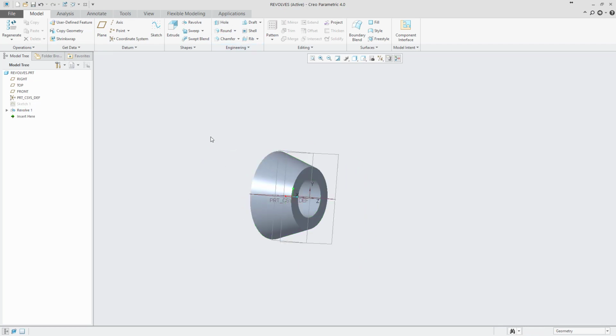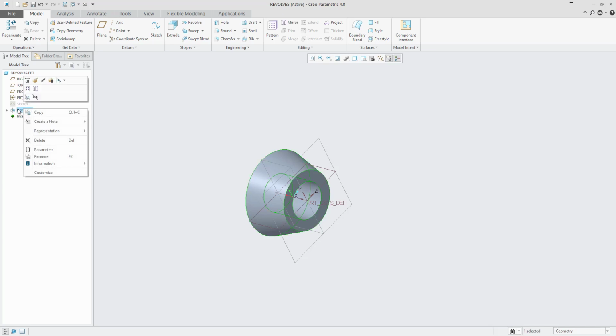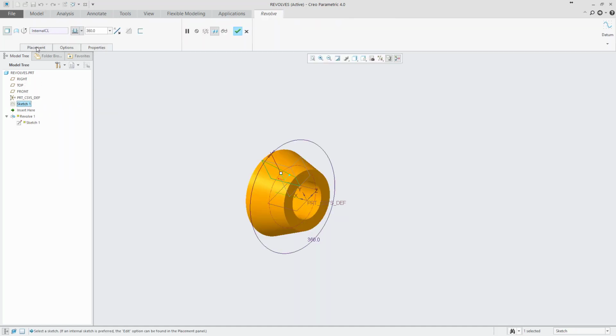So if we want to go in and change any of those options that we've just seen, say we've created the revolved shape, maybe we've added some more features on top of it, maybe some holes, maybe some extrude features, we can always go back and get into the Revolve feature again by just right clicking on the feature in the feature tree, and then either go into edit definition. We can get back in to the Revolve feature there. You can see we've got all the options again,